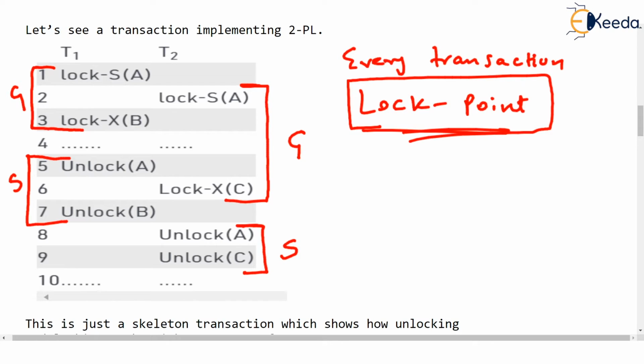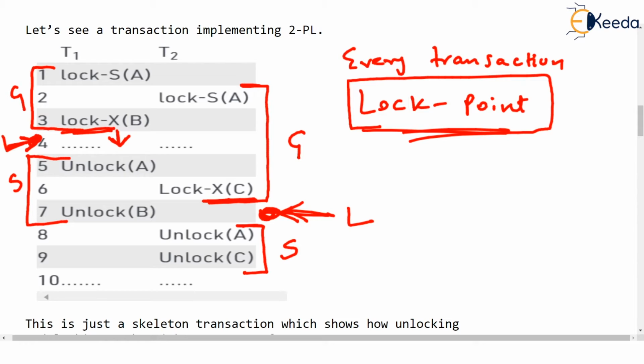What the lock point is here, it is the point at which the last lock which the transaction needed was successfully acquired. You can see that after this lock XB, there is no more locking done, correct? So this point is known as lock point because after this point no more locks are acquired. Similarly, you watch this point over here. This is the point where last lock was acquired, which T2 needed. After this, there are no more locks requested. So these are the lock points, as I am labeling, of both transactions T1 and T2.